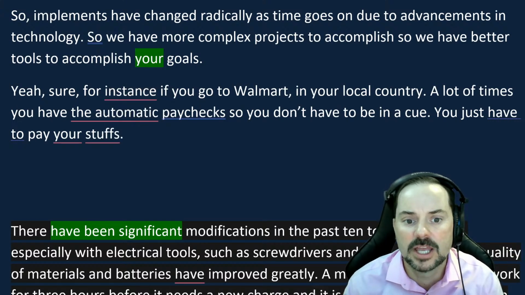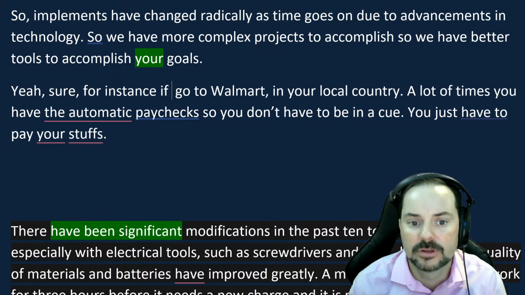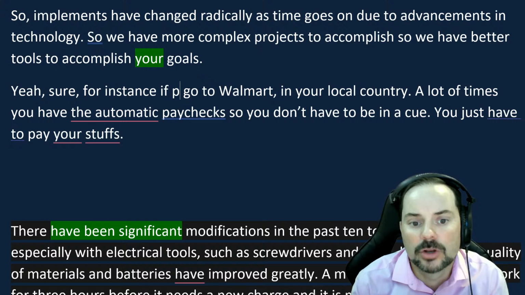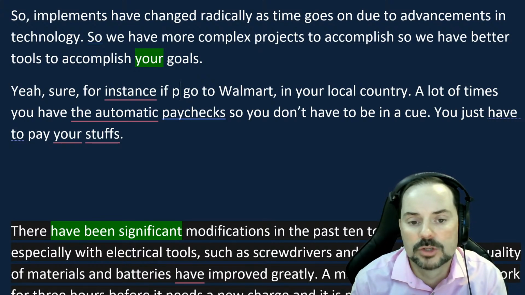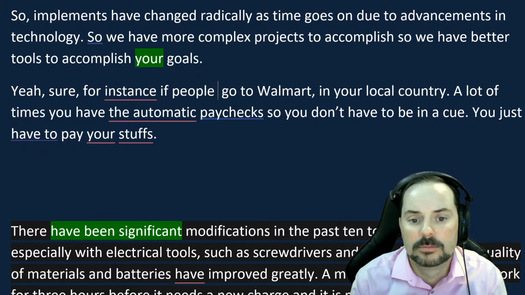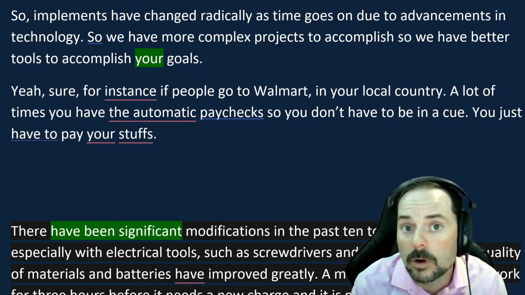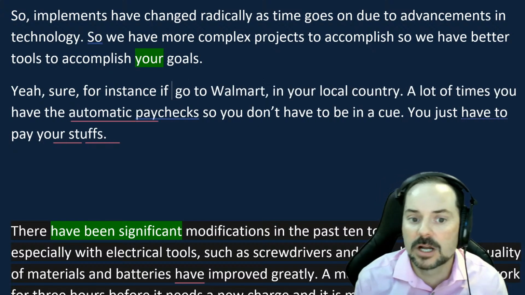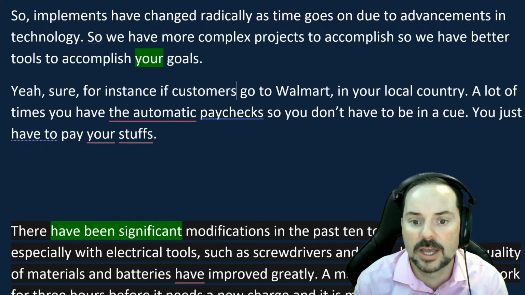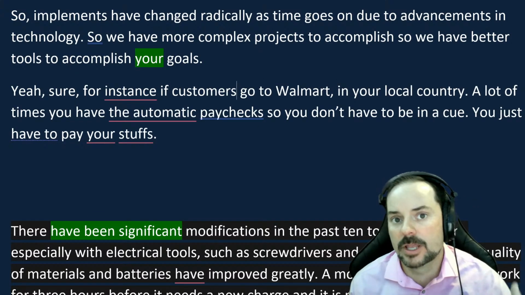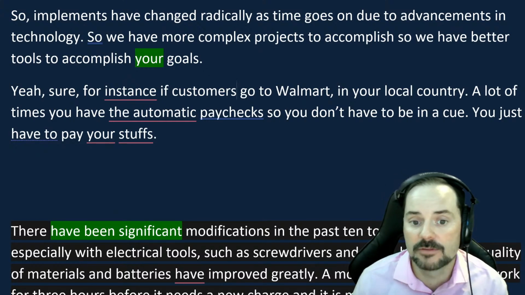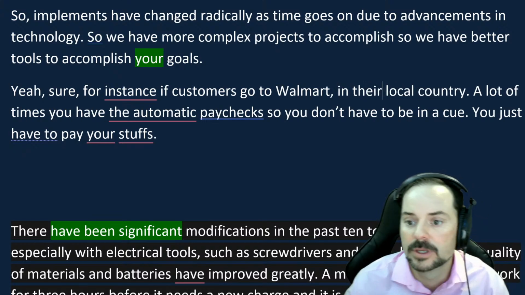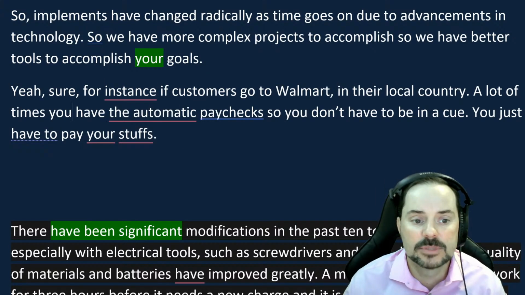Yeah, sure. For instance, if, not you, but if one goes to the Walmart. Sure, that would be an objective pronoun, right? One goes to Walmart. Or you could say people, right? If people go to Walmart. Or if you want to do even better, you can use a more specific noun like customers. Okay, and now you're much better in your communication. So yeah, sure. For instance, if customers go to Walmart in their local country, right? A lot of times they